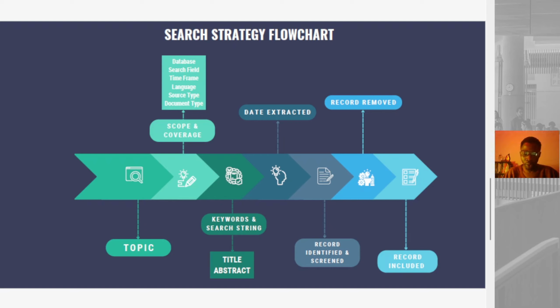After that, you are now going to look at the date that you extracted the data. So let's say that you extracted it today, so that's what we mean by time or date extracted. And from there you can look at how many publications we were able to pull out, right? Let's say we are able to pull out 2,000 publications. After pulling out those 2,000 publications, which is our record identifier and screen,